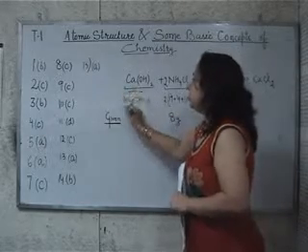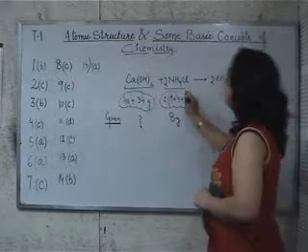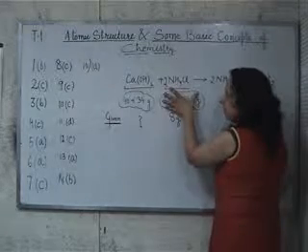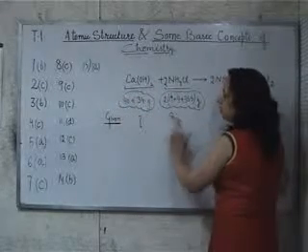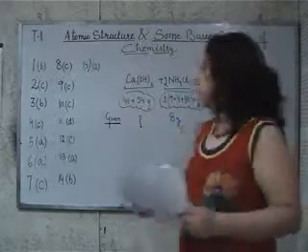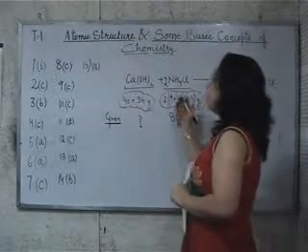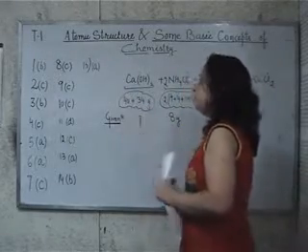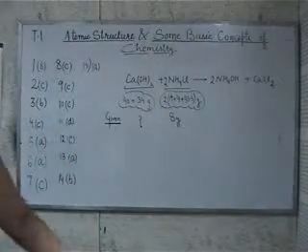Now you can make it unitary. This is the molecular mass of calcium hydroxide. This is the molecular mass of 2 moles of ammonium chloride. The unitary method is: if this many grams react with 74 grams of calcium hydroxide, then 8 grams will react with how much. So we have to opt for the unitary method here. This is coming to be 74. We can use the unitary technique to solve the numerical.